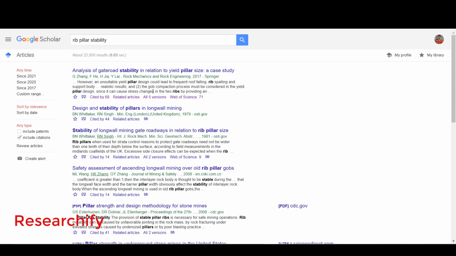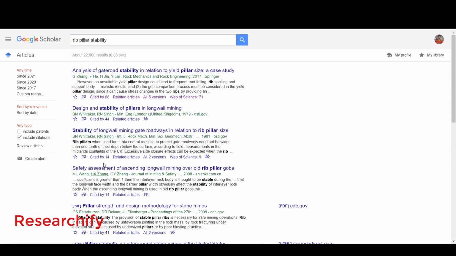One thing you can notice: the first result, analysis of gate road stability, is cited by 68 people. So this article is cited by 68 authors, and that is why it is shown first in the list.